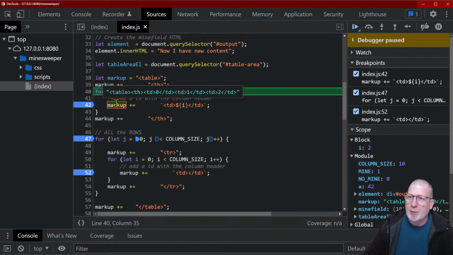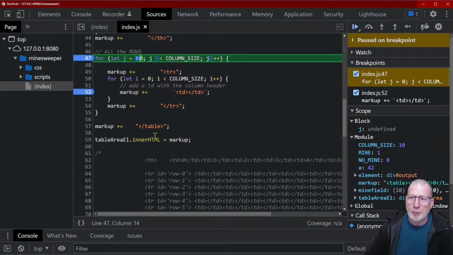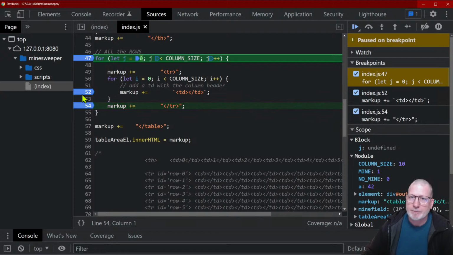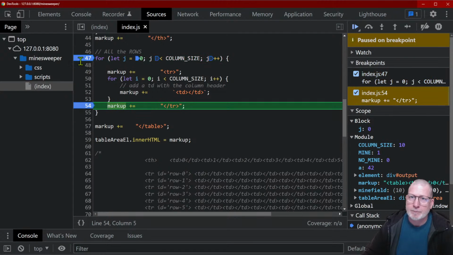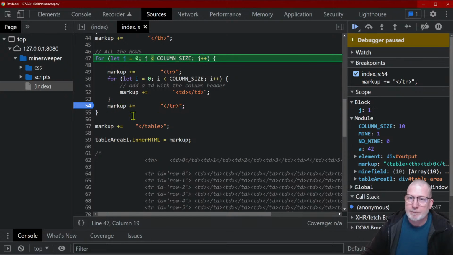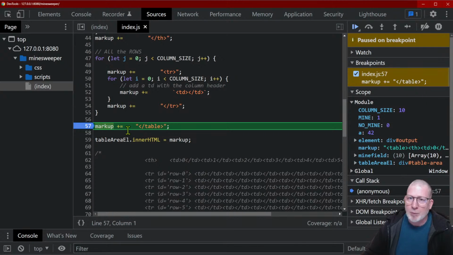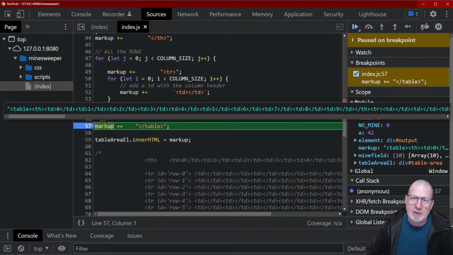So we can see the markup is growing as we go. I'm going to let that part run. And now I'm going to go grab all the rows, which I'm going to do as a collection of rows, and each row is going to have all the columns in it. And by the time I get to the bottom, markup is this one huge run-on string,